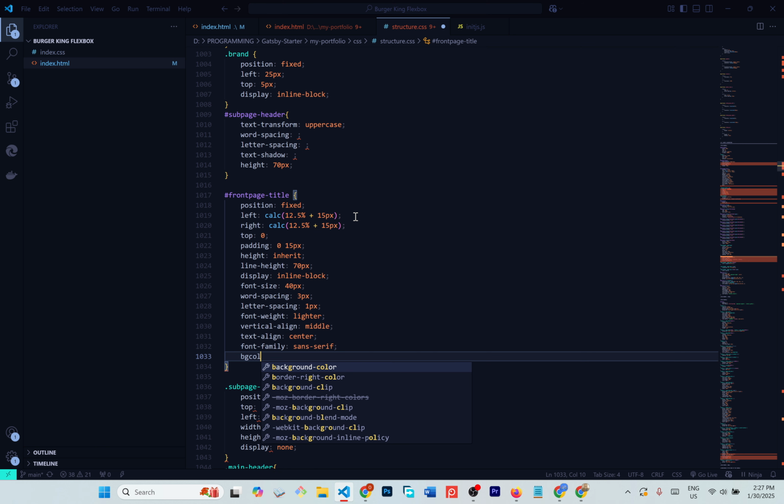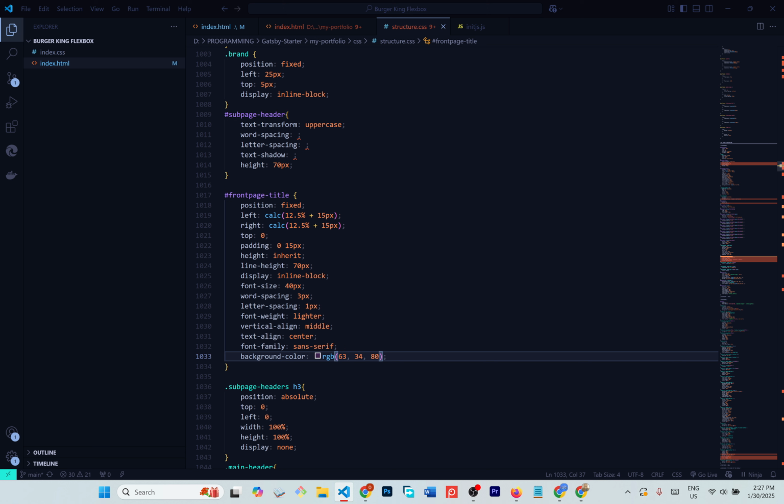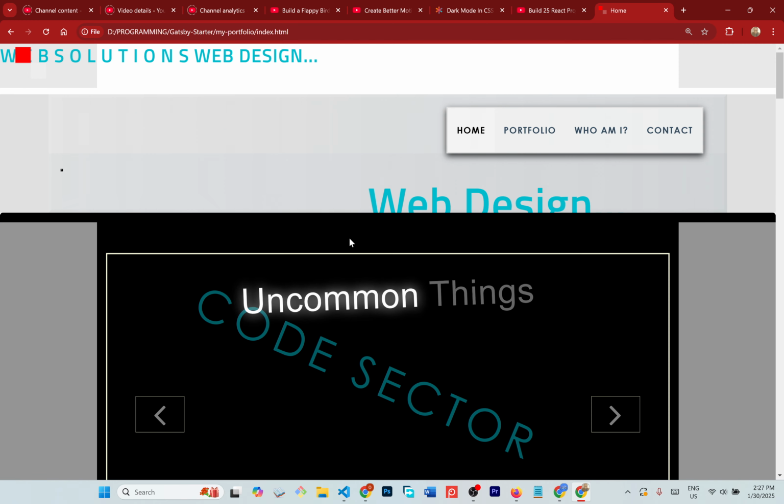Finally, my background color should be, just give me some purple hue here. So 62, 34, and 80. So I can save that. And let's just see what we've got here. So if I reload,